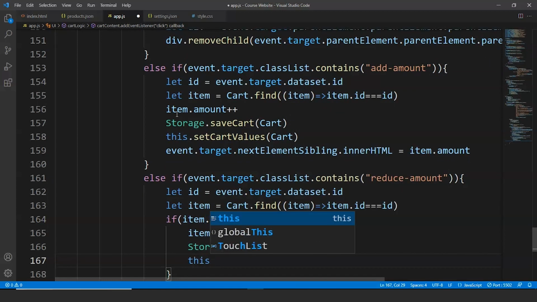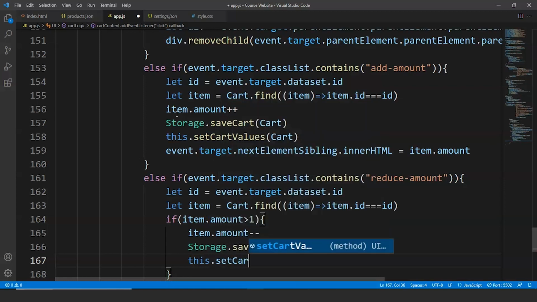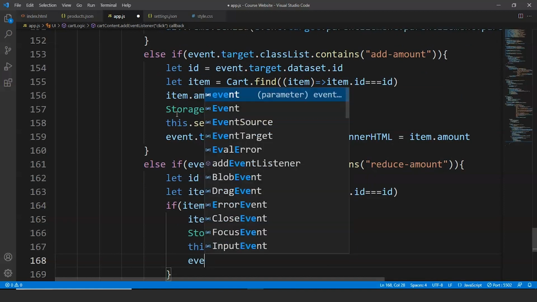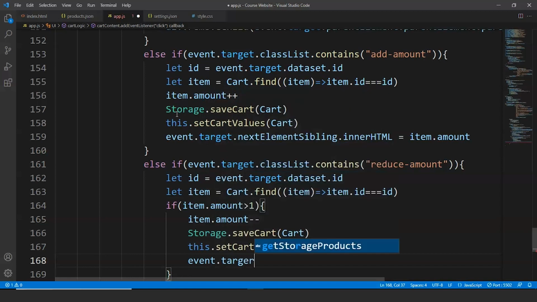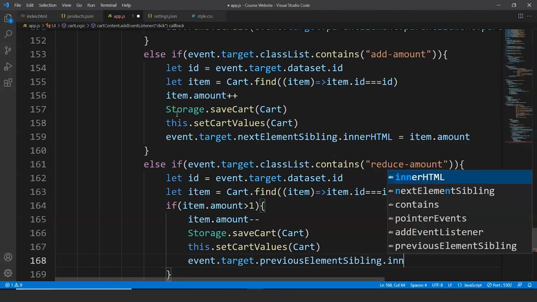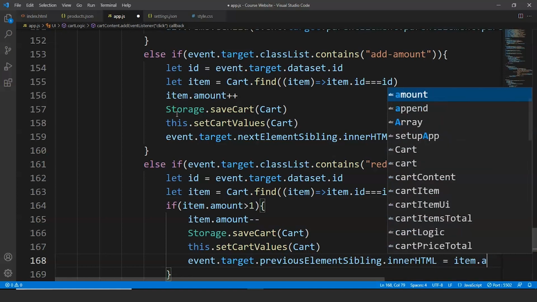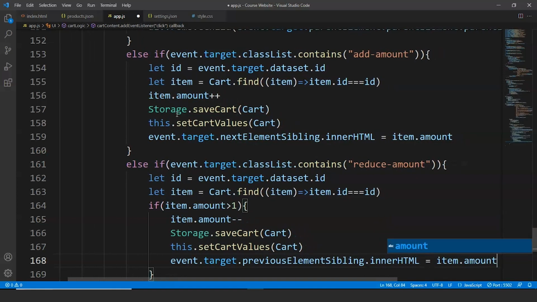Then we'll write here this.setCartValues and we'll again pass cart here. In the next line we'll write here event.target.previousElementSibling.innerHTML is equal to item.amount